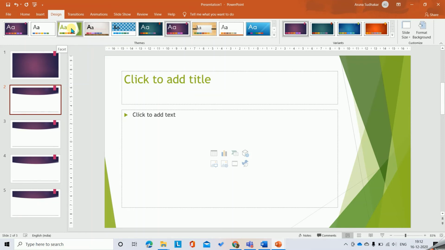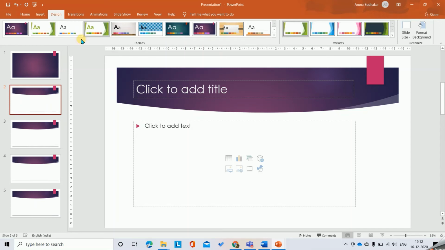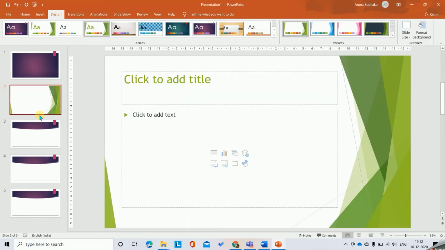Right click. A pop-up window will appear, and here I can choose the option. I just want to apply to the selected slide. Only the second slide I have selected, so I want that to be applied for the second slide. See, now the